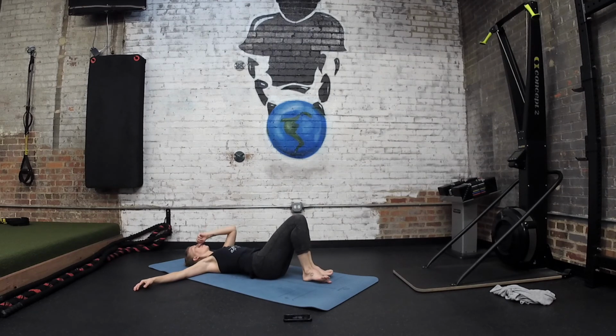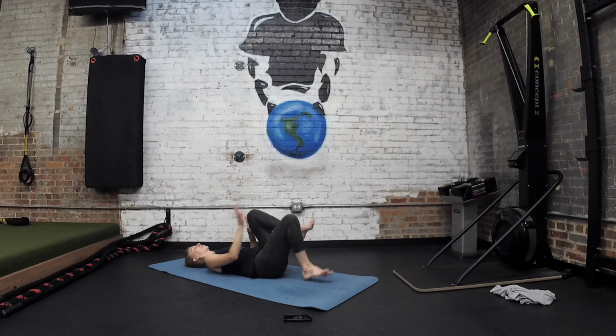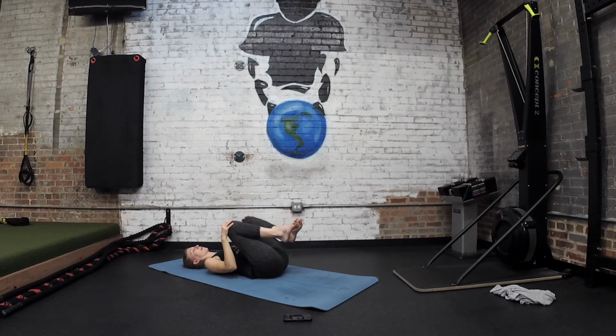Nice and easy, bringing your knees back to the center. We'll lift the feet again, hands on the thighs, making circles on the ceiling, massaging that low back. Then I invite you to take any other posture or stretch that feels good before we head to our final